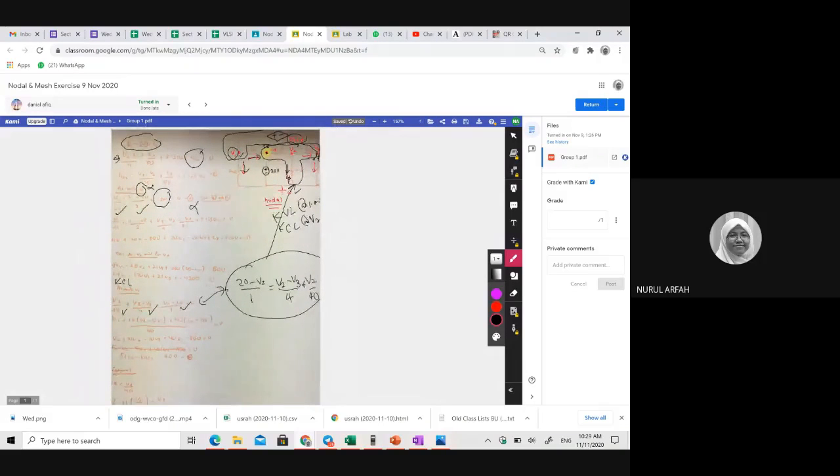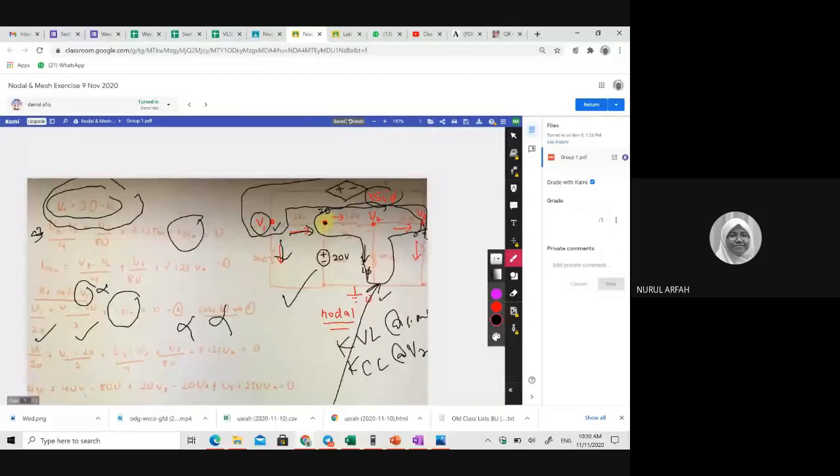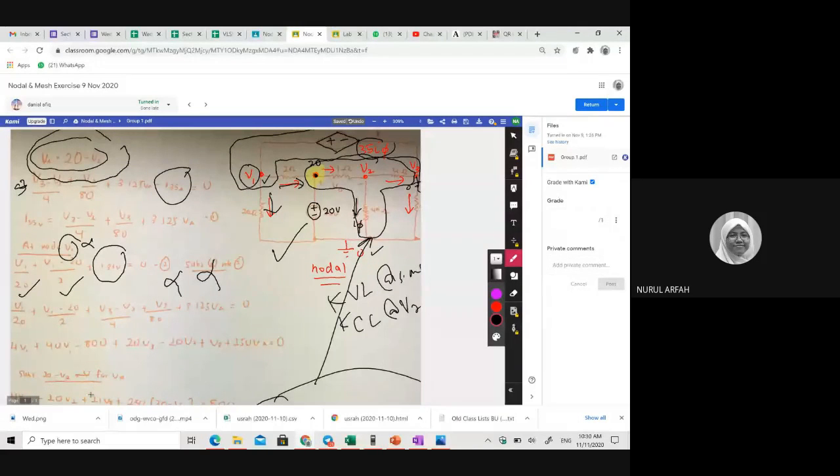Okay, so for your answer like this, I will give marks on your figure, but I will reduce some marks because there's no super node. And the equation here is wrong because there's no equation for the super node. And this part also, is it wrong? 20 minus, yes, this is also wrong because where is VA? V delta, I think. 20 minus